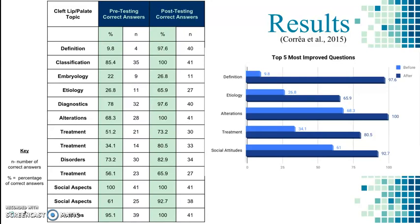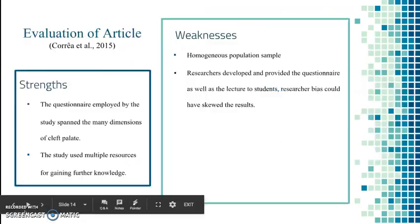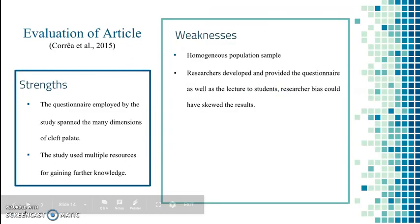The graph to the right is divided into the top 5 most improved questions. This gives a good understanding of what topics of oral cleft were best retained by the students. The article was evaluated, and we concluded that it did in fact have some strength as well as some weaknesses